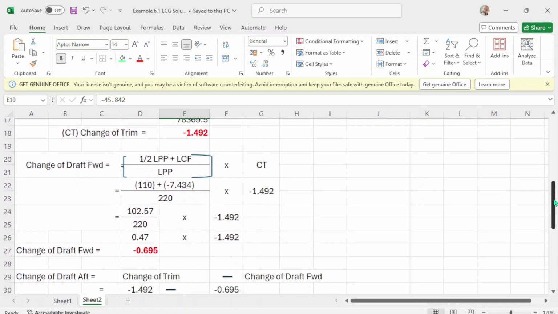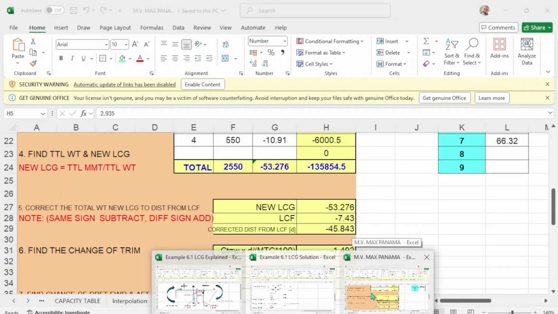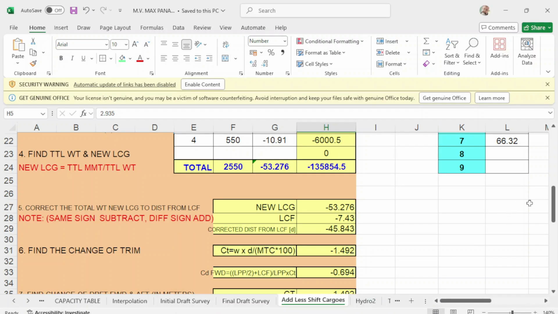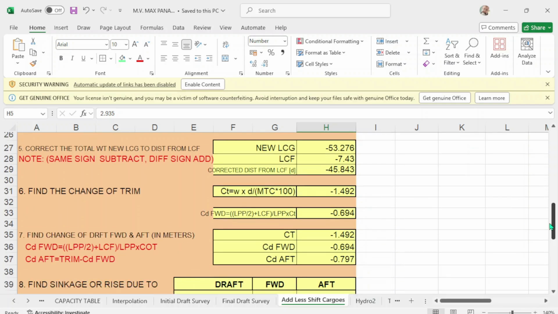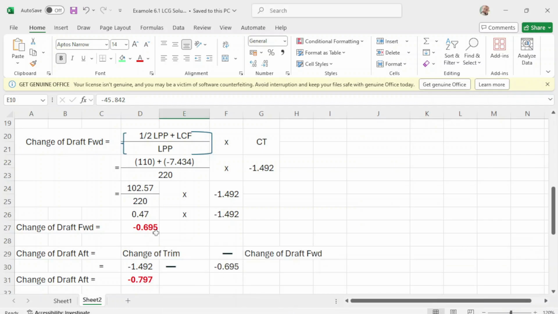Your change of draft forward would be negative 0.695, which is, according to your program, negative 0.694. I got here negative 0.695. Okay, almost the same.